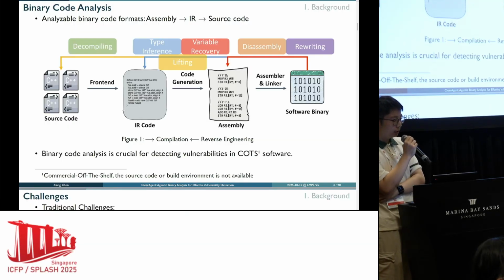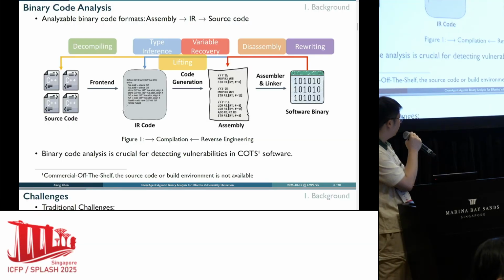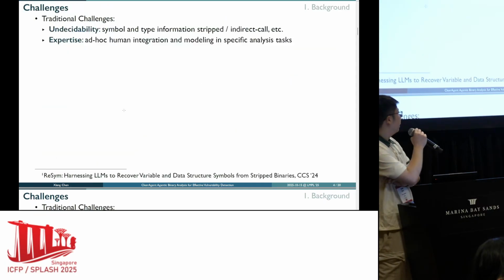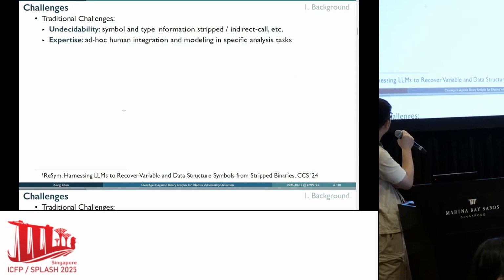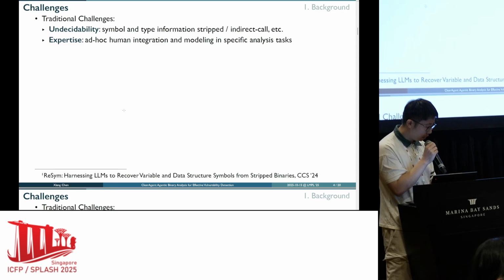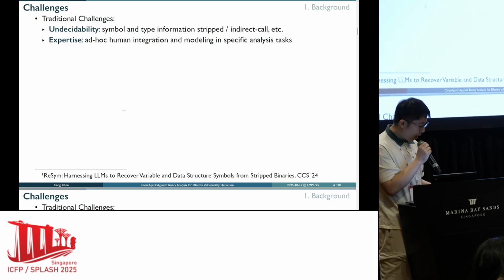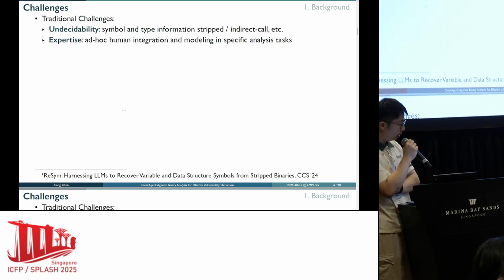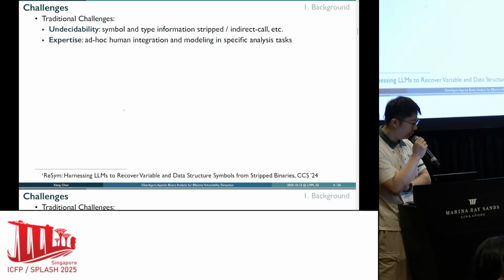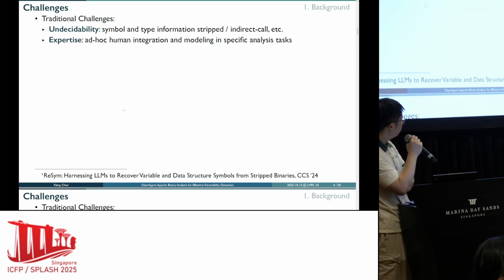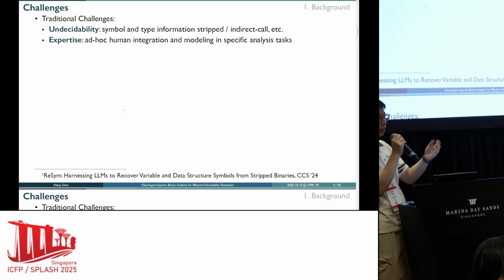Binary code analysis is crucial for detecting vulnerabilities in common off-the-shelf software when the source code or the building process is not available. And there remain lots of challenges in binary analysis. Some of them are the traditional challenges,